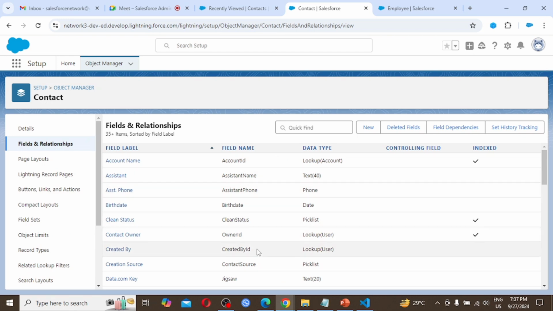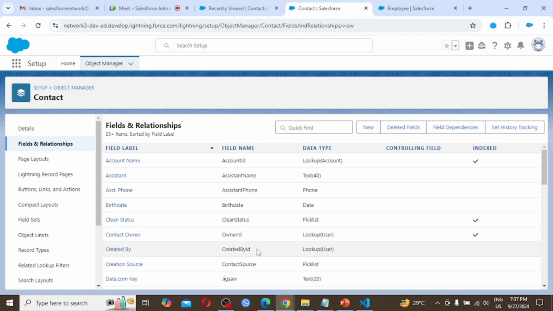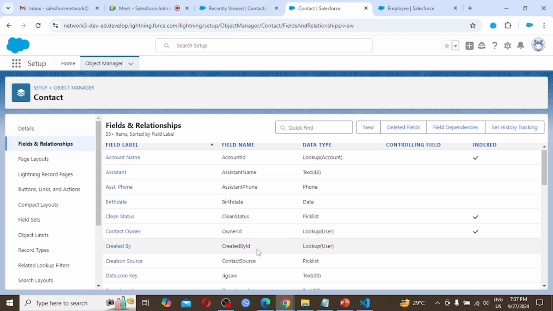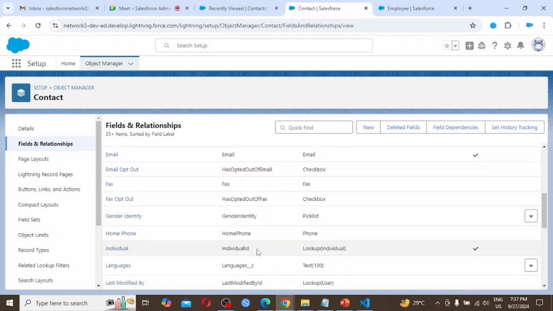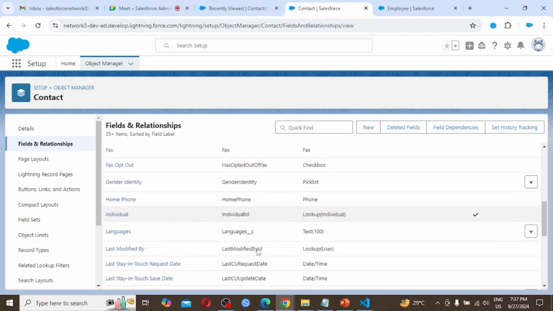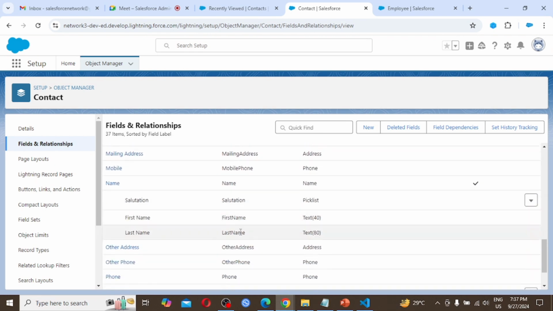Here we can find first name and last name. Both are of text type.